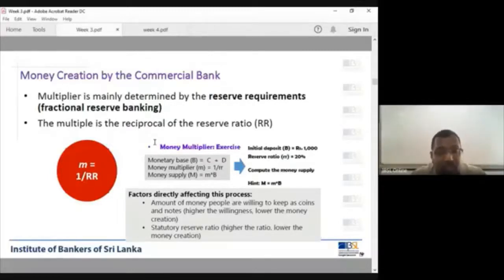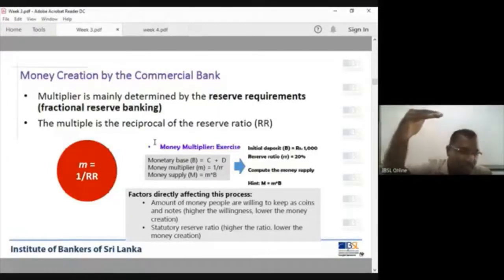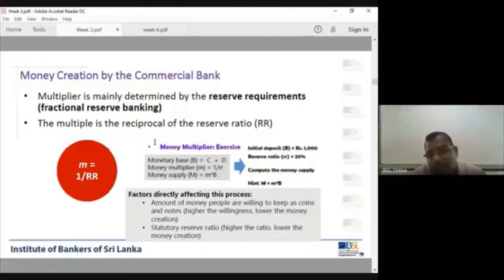But in a situation, let's say if inflation is going up, if we see inflationary pressures coming up, we cannot allow such a low reserve ratio. So in that sense, a central bank would respond by changing the reserve ratio. When you increase the reserve ratio, it will bring down the money creation. But right now, the central bank wants to have more money, more liquidity, in the economy. So the reserve ratio is down at very low levels.